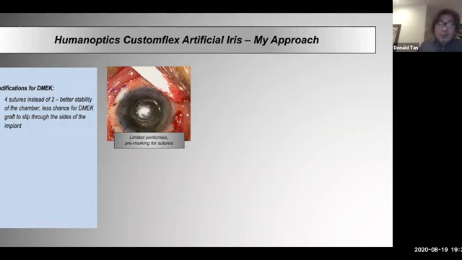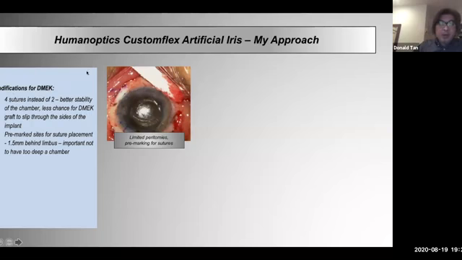And more importantly, with 4-point fixation, this iris is unattached in the periphery, and there is always a gap, and we know this with the old mortar IOLs, and we've had DSEK grafts slipping through the edges along the scleral walls. So if you have sutures in each of these quadrants, that will not only stabilize the iris, but also help to prevent the unfortunate event of a DMEK graft slipping through. So that's one modification.